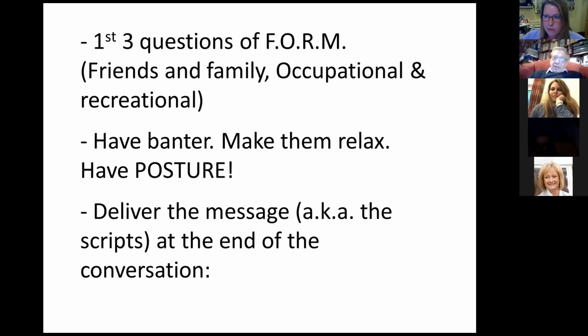So just coming out of role play there, it's about just asking questions, having that bit of a conversation. Get good at having a chin wag, is what Claire Hengott likes to say. Get good at having a bit of a banter, making them relaxed and having some posture. And at the end of the conversation, just before you go, this is when you want to be delivering the message. So, if you're at the beginning of the conversation and you've done form, then fine, park it, put those little bits of information away in the head, and just before you go, this is when you want to deliver the message.